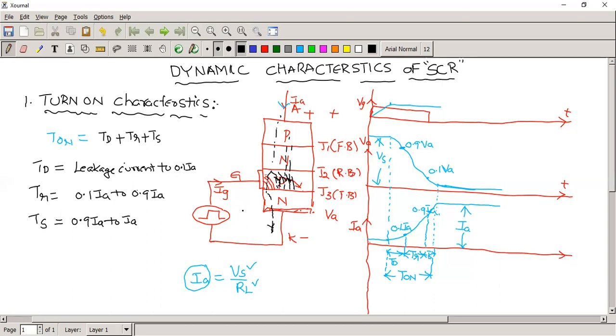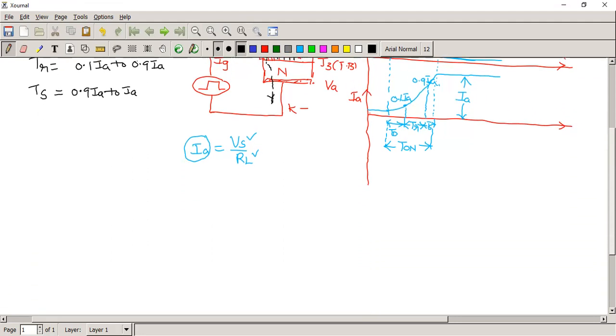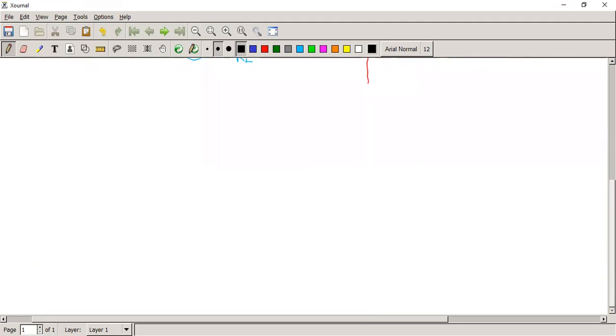Now we are going to see the turn off characteristics of an SCR. When you come to the turn off characteristics,